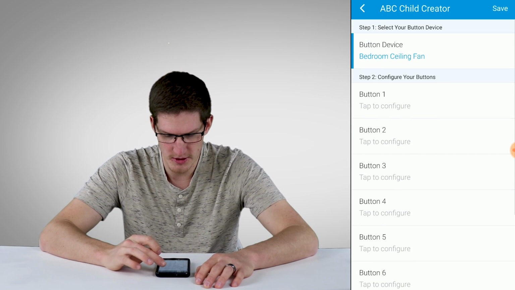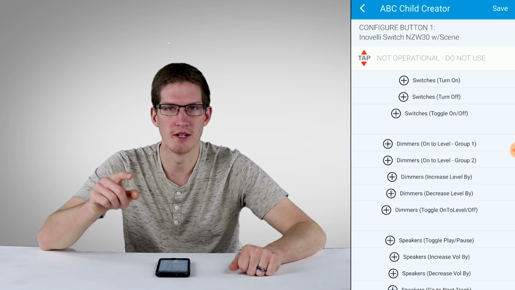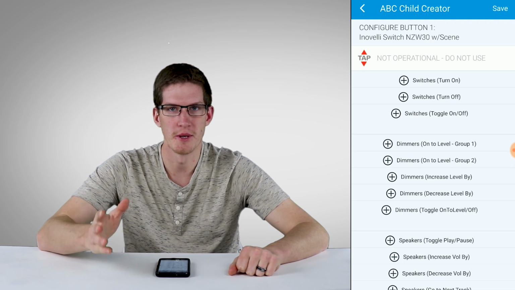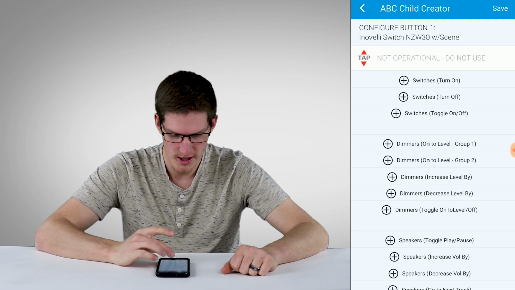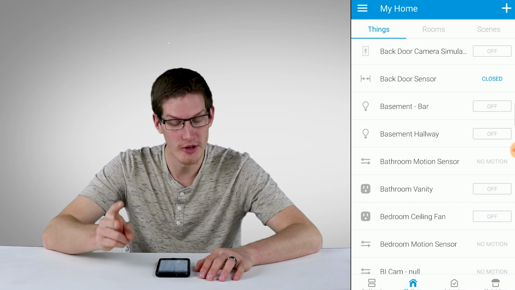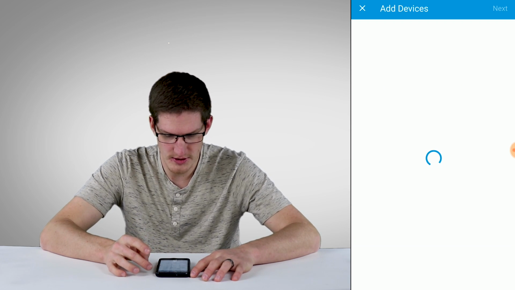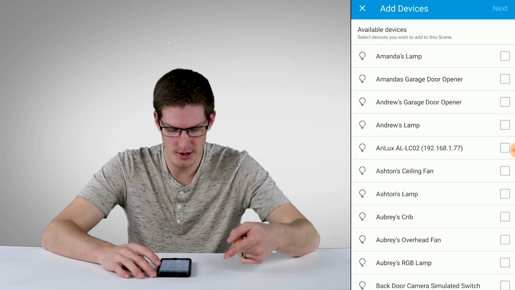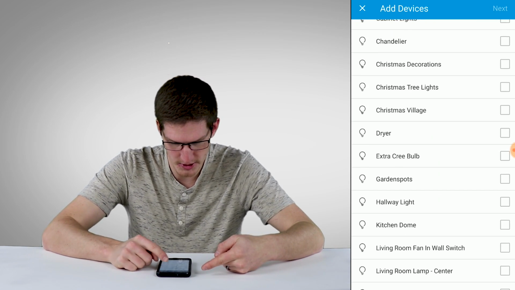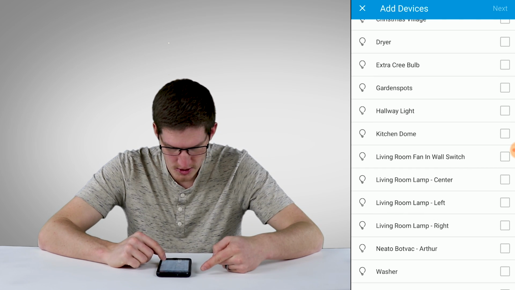And we'll select the bedroom ceiling fan once again, and we'll select button 1. Let's go ahead and set this up to a different bulb that is a smart bulb that's connected to my home already, and that would be the living room lamp. So in order to get this to work, I think we need to create a scene and a routine. So let's go ahead and create a scene, and we'll select a color changing bulb, which my living room lamps are color changing bulbs. So we'll say living room lamp right,